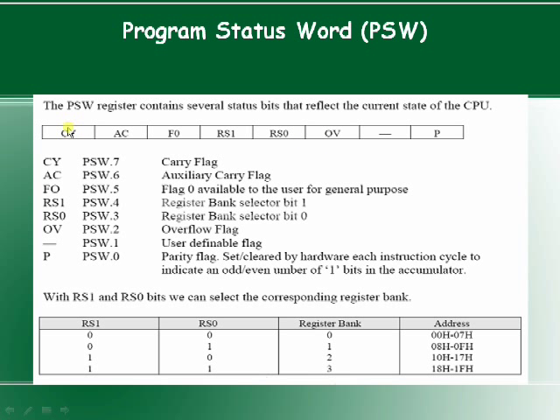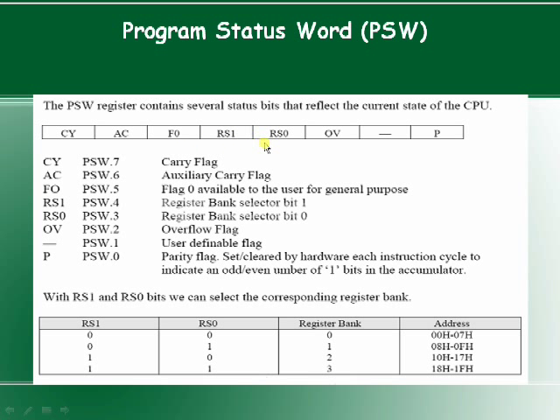So here CY is nothing but the carry flag. Now this particular flag is going to store the carry of the arithmetic or logical operation. Okay, and then the auxiliary carry flag. Now this particular flag is going to hold the auxiliary carry in case of arithmetic or logical operations on the lower nibble. Okay, and F0 is provided for the user. We can use it as a general purpose flag bit,